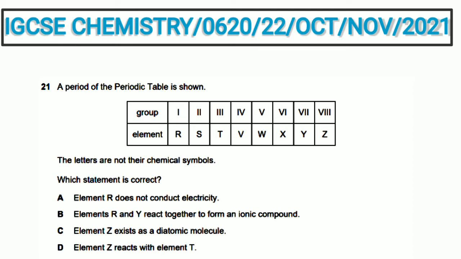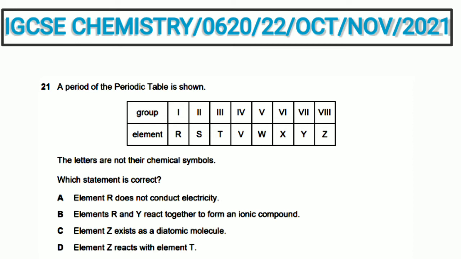Statement B. Elements R and Y react together to form an ionic compound. Yes, group 7 and group 1 elements, that is halogens and alkali metals, react to form ionic compounds. Statement C. Element Z exists as a diatomic molecule. Elements on the extreme right side of the periodic table are noble gases. So statement C, element exists as a diatomic molecule, is a wrong statement because they do not exist as diatomic but